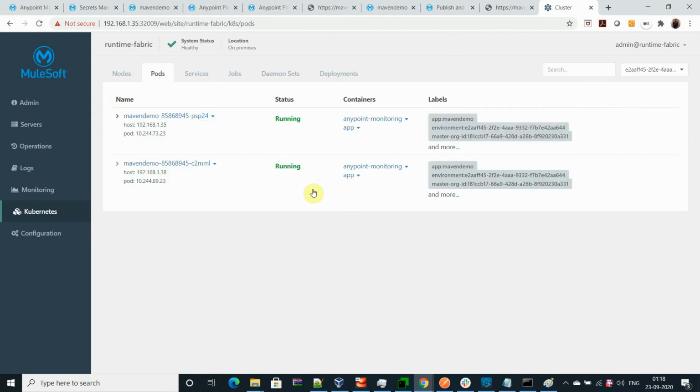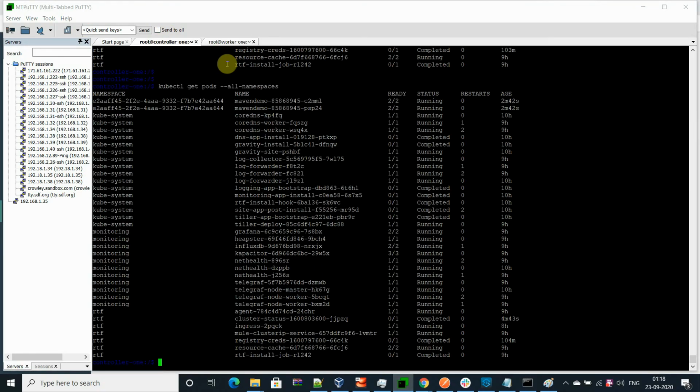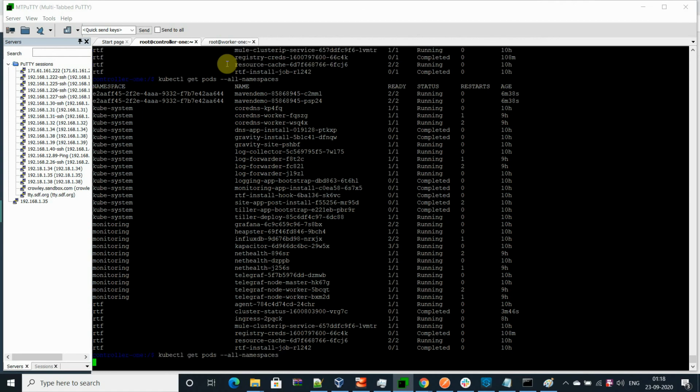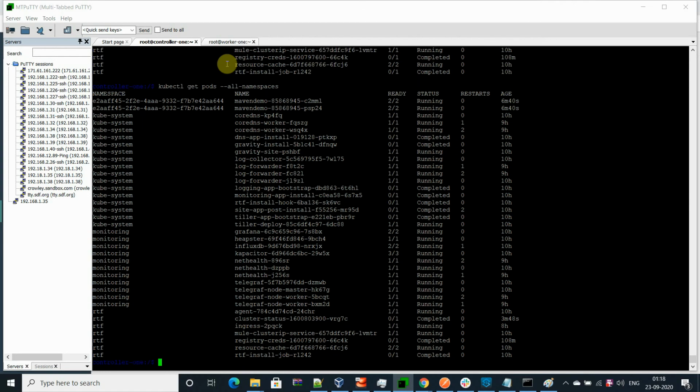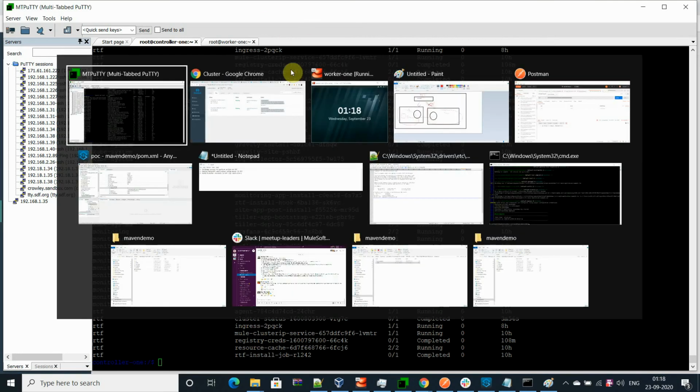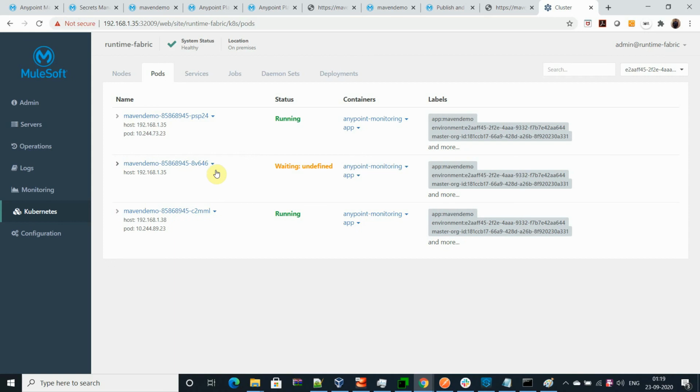I'll go to the here. You can see it's still required. Wait for some moment to get notified that the server is not up and running, right? Give me some moment. You can see which node was running there. The node was, you can see, this is not 95, right?